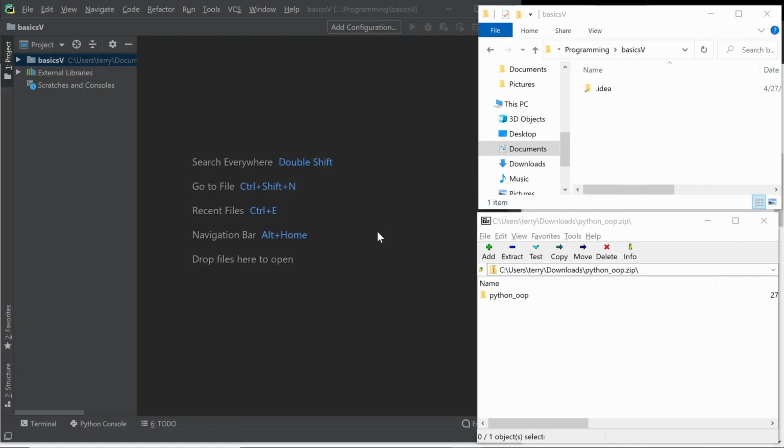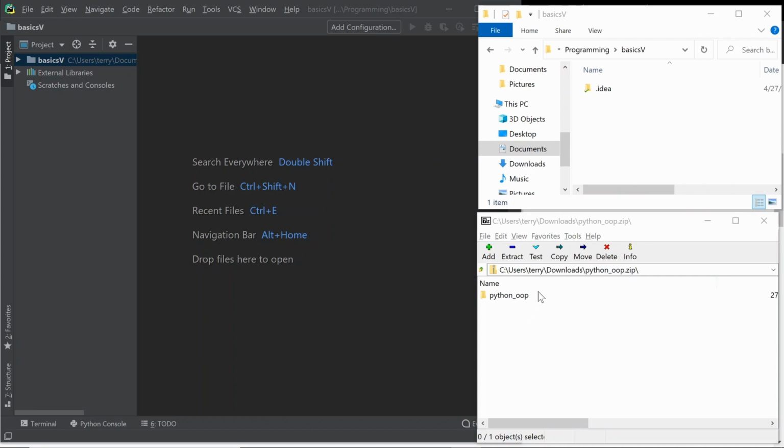Hello guys, for the Python Basics 5, which covers object orientation, we did it in a different way. We are going to use an IDE, so hopefully you have installed PyCharm or Eclipse or NetBeans. It doesn't matter, you can choose whatever IDE you want. So you're going to first download the